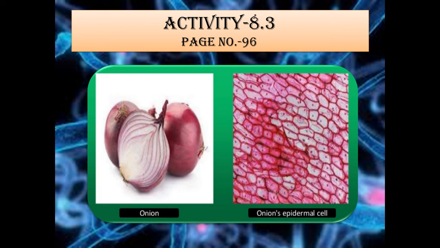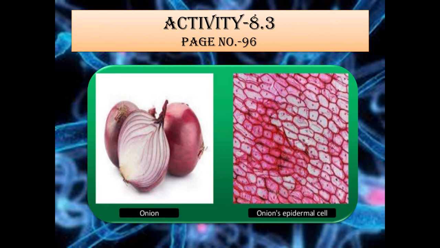Okay, when you see it under the microscope, you will observe a number of cells lying side by side. The cells are rectangular in shape. Each cell has a distinct wall, means you can easily see them separately. This is called the cell wall. Okay, a prominent nucleus is present in the cell. A large empty space exists within the cell. This empty space is called the vacuole. Hope this activity is clear to you, students.